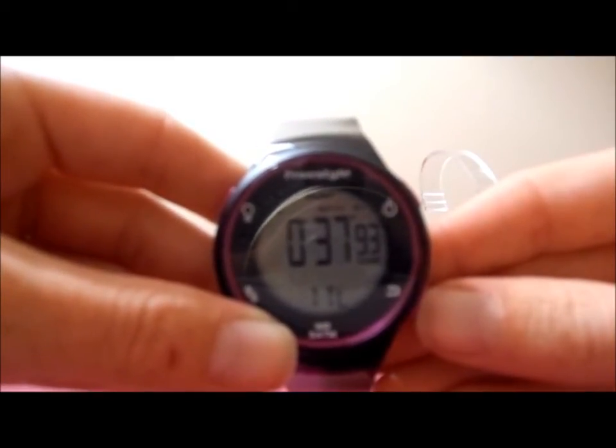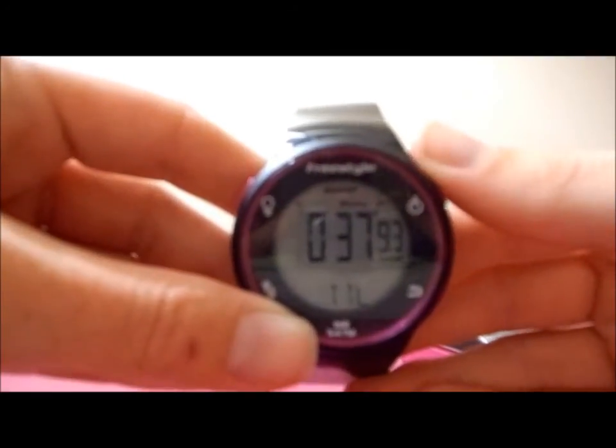So it's important also not to clear the watch before you get this data. As soon as you finish getting your splits for whatever you're timing them for, then you go ahead and immediately switch over to the recall screen rather than clearing the watch. And then this feature allows you